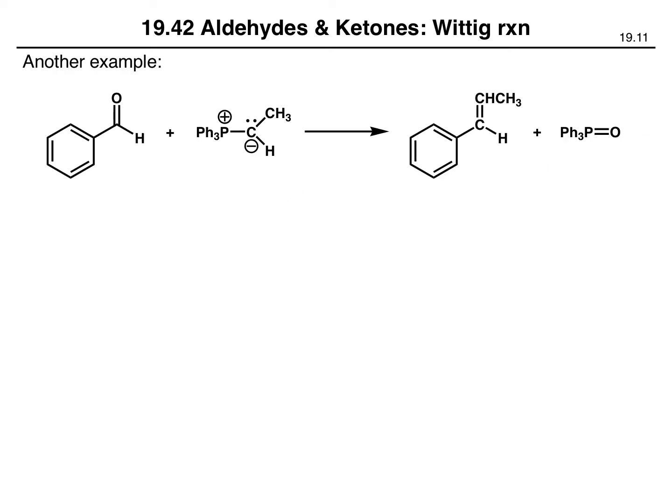Let's say we carry out this reaction with benzaldehyde and this ylide, which is not symmetric. That will give us this alkene. But notice each alkene carbon is connected to two different groups, which means this product can be made as a mixture of cis and trans isomers. So one option